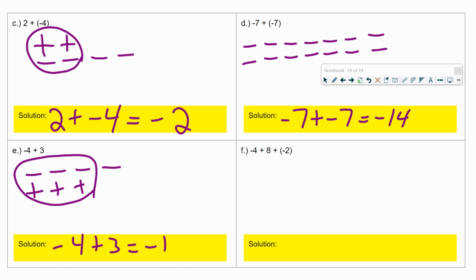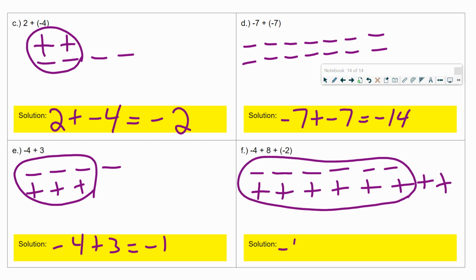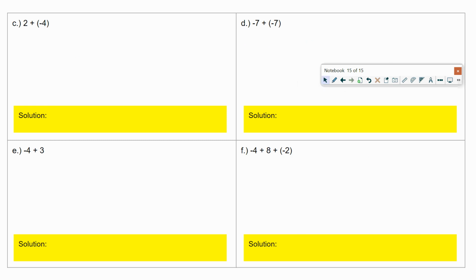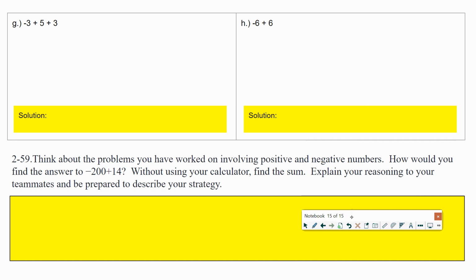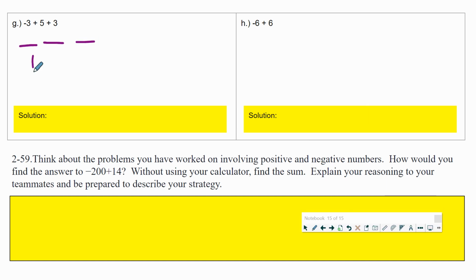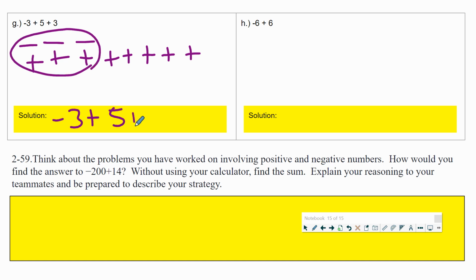F, I'm going to draw 4 negatives, positive 8, and then another 2 negatives. All of these cancel, so I'm left with +2. So -4 plus 8 plus -2 equals +2. Okay. For the next one, I have -3, +5, and then another +3. So 3 of them cancel, and I'm left with +5. The 3s cancel each other, so that could have been an indication that I was just going to be left with 5. And finally, H, I have 6 negatives,